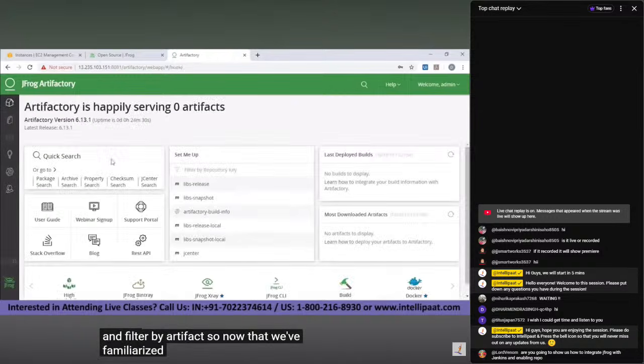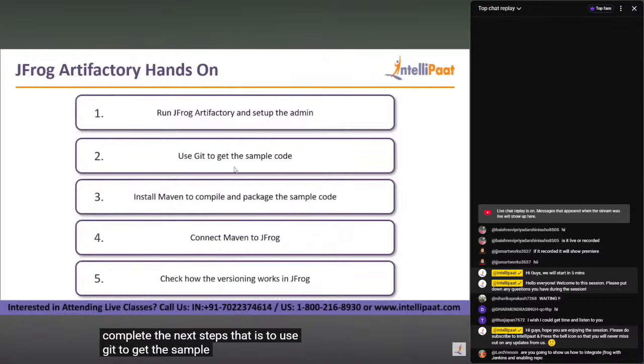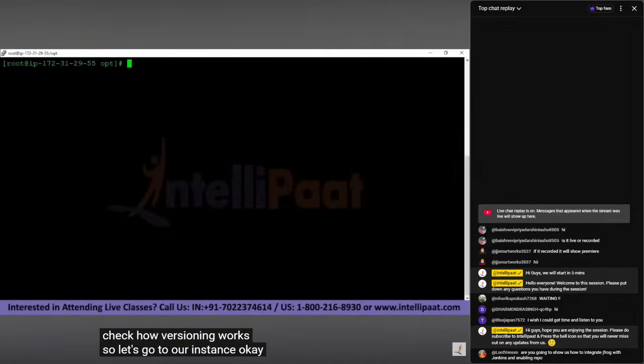So now that we've familiarized ourselves with Artifactory, we can go ahead and complete the next steps. That is to use Git to get the sample code, install Maven, connect Maven to JFrog, and check how versioning works. So let's go to our instance. Okay, and let's go ahead and install Git in this. So we'll do yum install